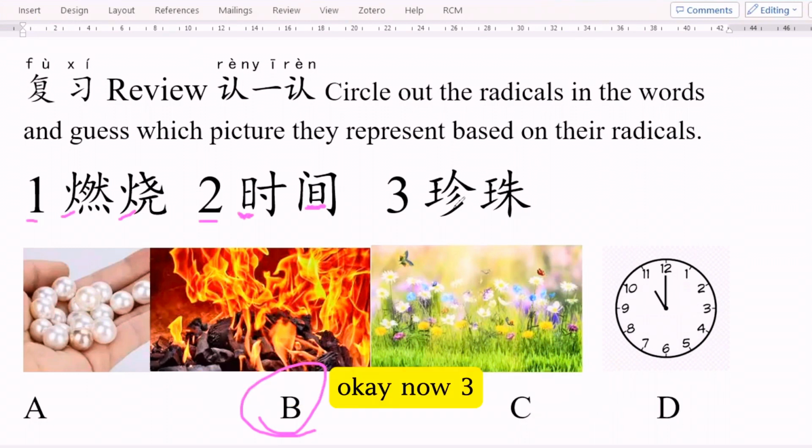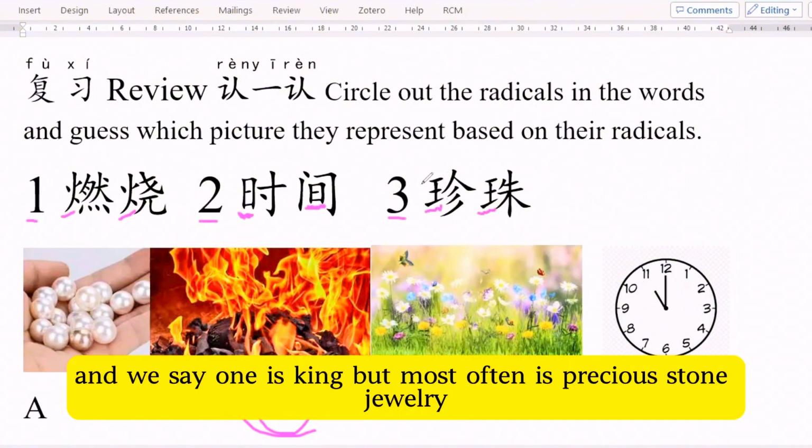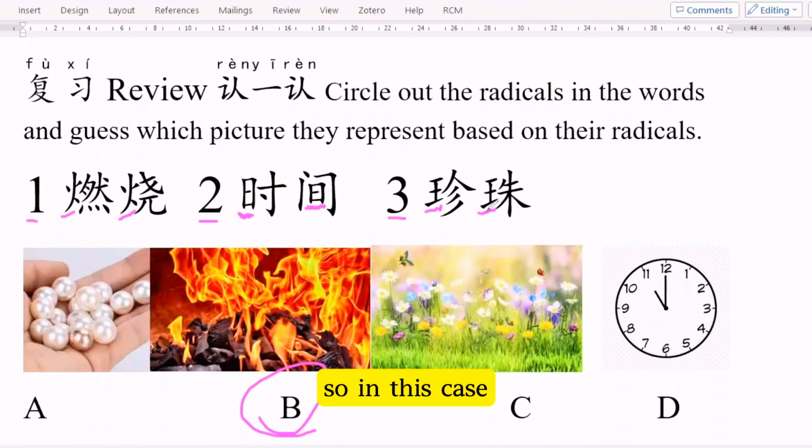Okay, now 三，there is Wang. There are actually two Wang. And we say Wang is king, but most often it is precious stone, jewelry. So in this case, we're guessing it's A.